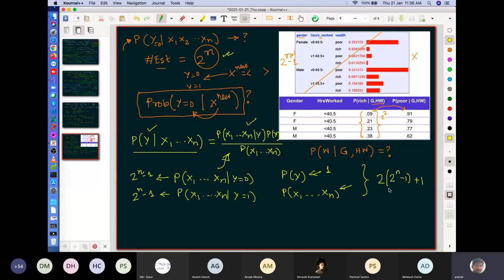Are you getting the problem? See, my problem is that I do not have the joint distribution. This is my number one problem. I have a subset of the data, a very low subset of the data. As you can see, if I have 100 attributes, most of the columns in the joint distribution tables are unknown. So with that, what I can do is use MLE estimates or MAP estimates, depending on my data